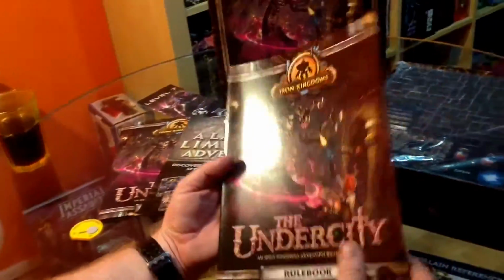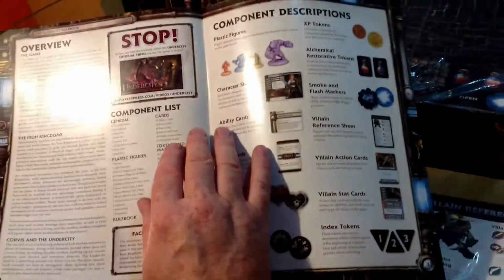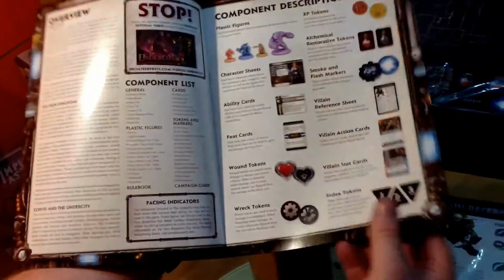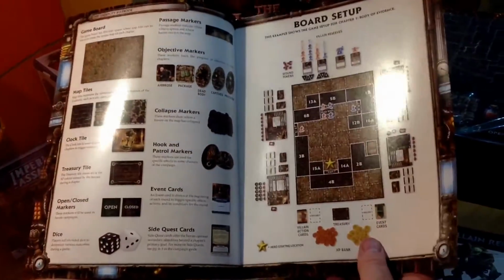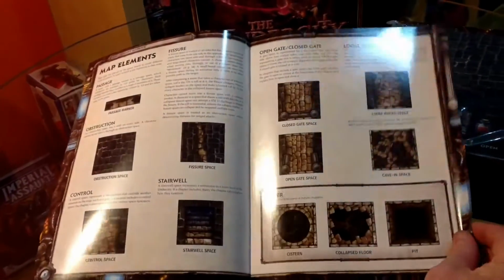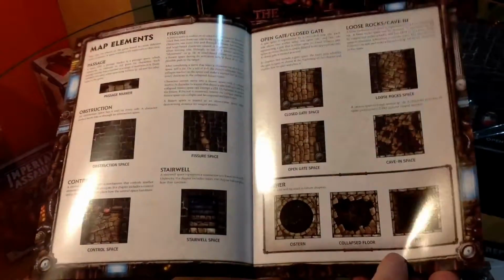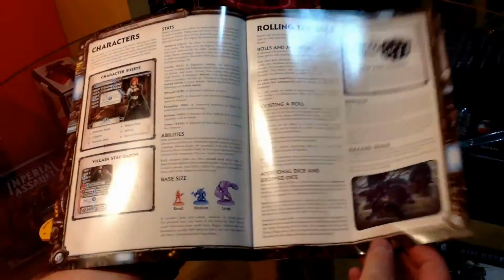We got the rule book here. So that was the campaign book we've seen just then. We got a tutorial video on the privateerpress.com website. Component descriptions there. The board setup. Map spaces, tiles and distance. Loose rocks and cave-ins. Oh, it's a bit pits and collapsed floor. Reminds me a bit like Dungeon Quest. I'm sure it's nothing like that, but